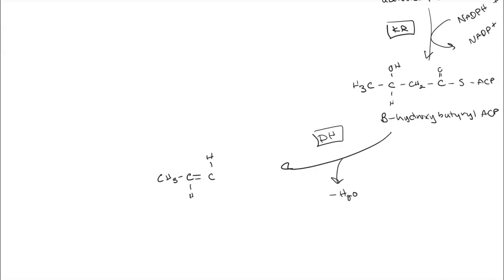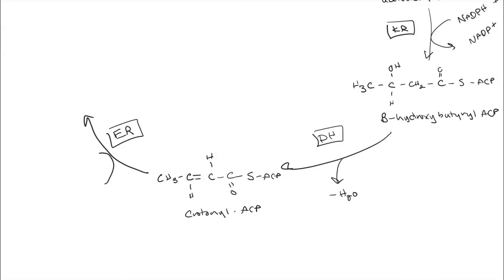We've now got our double bond. And now we have our crotonyl ACP as our product. From here, we're just going to go through another reduction with another equivalent of NADPH, and this is going to be facilitated by the final enzyme, beta-enoyl ACP reductase, or ER, for enoyl reductase,